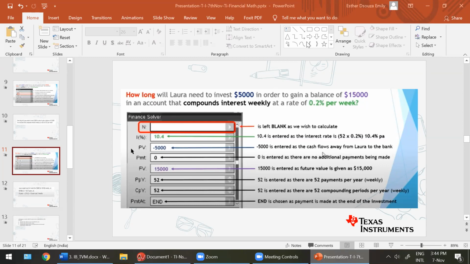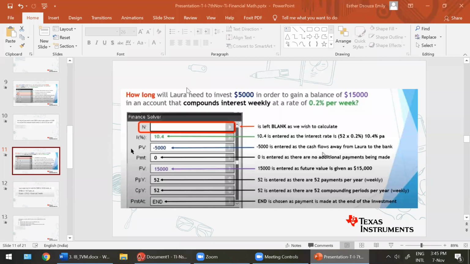Ma'am, we have a question like when would PV be positive? Yes, you'll be seeing it in the next few questions. So we'll discover it shortly when PV is positive. Okay, the principal value will be positive when the money gets into your hands, right? So for example, when you're receiving a loan, the money is coming into your hands. You're not investing it, correct? It's not going out of your hand, right? The cash flow minus 5,000 is entered as the cash flow in this case, right?